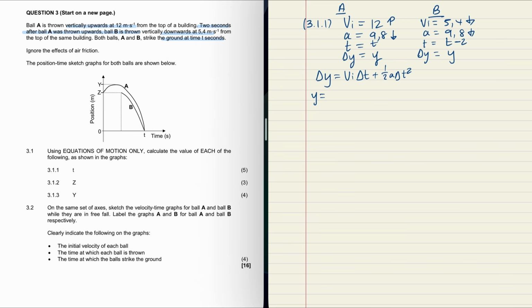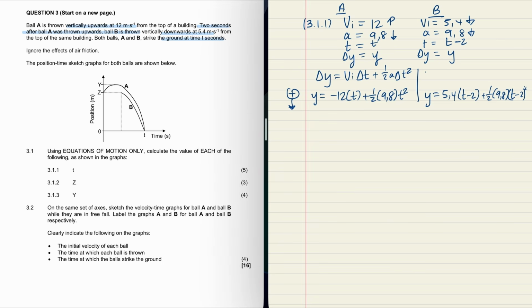I'm going to choose down as positive. You can choose up as positive if you want. So for A, I'm going to have minus 12 times t plus half into 9.8 and then times t squared. Then for B, let's draw a line. I'm going to have y is equal to, same, down as positive. Now it's going to be 5.4 times t minus 2 plus half into 9.8 and then t minus 2 all